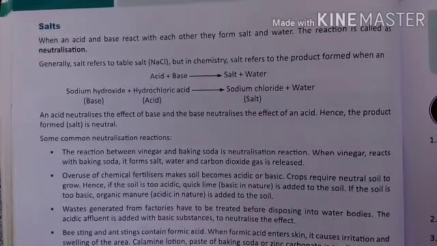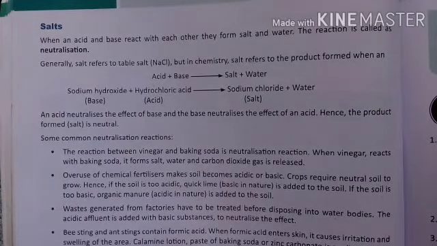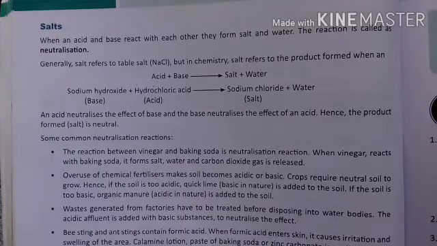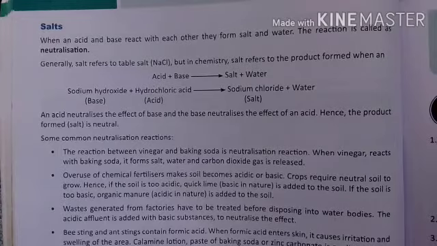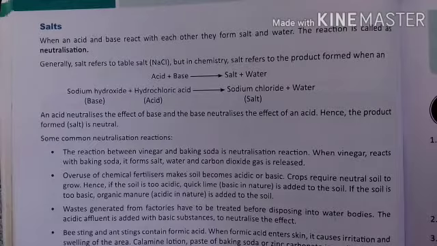Germs and decaying food particles in the mouth create acidic conditions. When you are eating food, the germs can release some acid inside your mouth and decay your teeth. This degrades the enamel of teeth. Brushing teeth using toothpaste neutralizes the acidic environment in the mouth. Toothpaste contains a base, so when you brush, the effect of the acid released by the bacteria inside your mouth is neutralized.